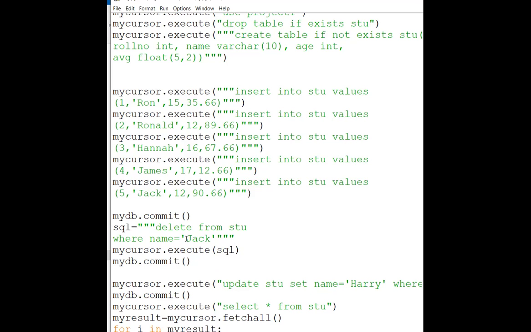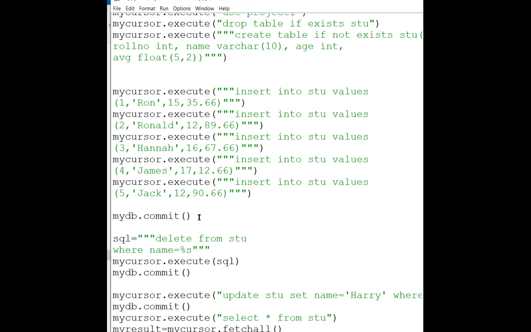Now wherever I want information from the user, for example, this name I want from the user, instead of giving this value directly, I can give here %s. Okay, %s means any string value. And what is that string value that I will ask from the user?